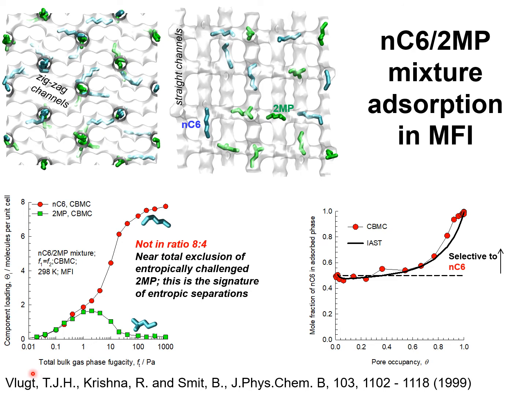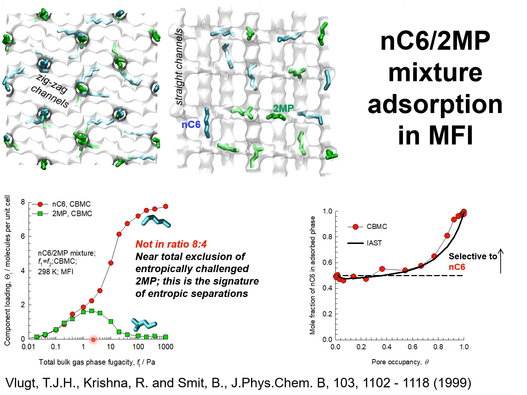The component loadings are plotted against the total bulk gas phase fugacity in pascals. We note that when the total fugacity in the gas phase is less than about 1 pascal, the component loadings of both isomers are practically equal to one another,